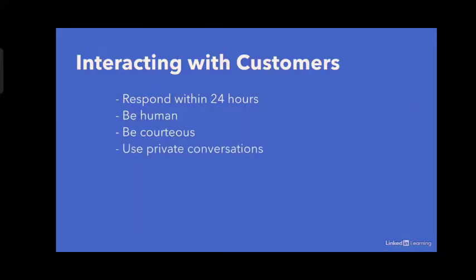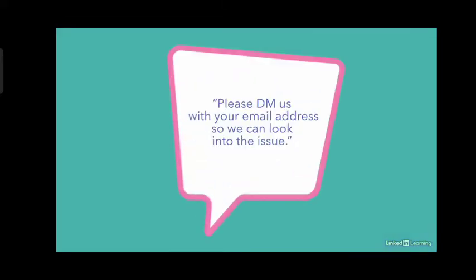Transition to a private conversation. Once you've recognized the complaint or question publicly, ask the customer to continue the conversation privately. You can use a phrase like, "Please DM us with your email address so we can look into the issue." DM stands for direct message, an option that allows users to send a direct message to you that only you can see. It allows you to resolve the matter in the way you best see fit